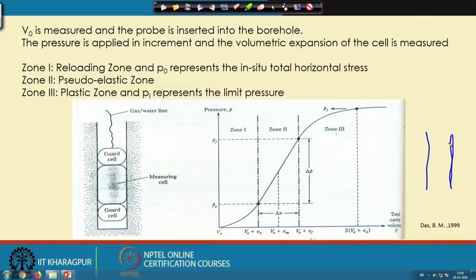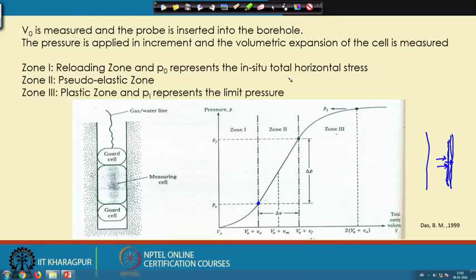When we remove the soil, these things will come in this portion. So, there is an expansion or deformation of the wall, and the cavity volume decreases. Now, when we apply the pressure into the cavity, this soil will again go to its original position. This zone is called the reloading zone, and this point P0 represents